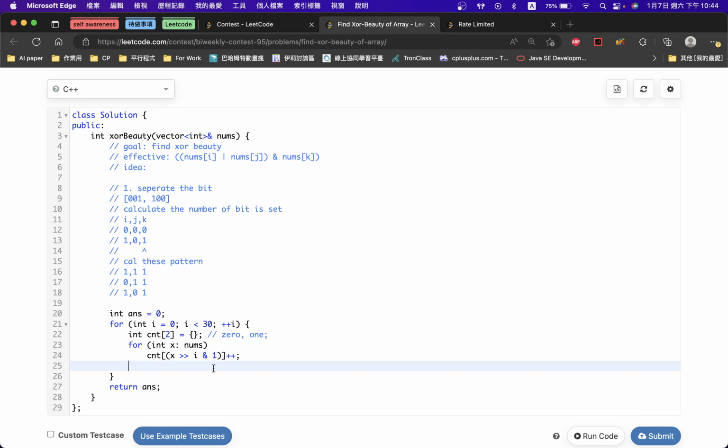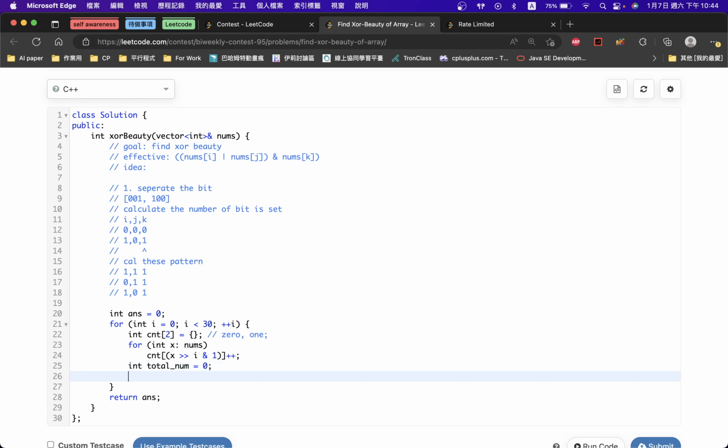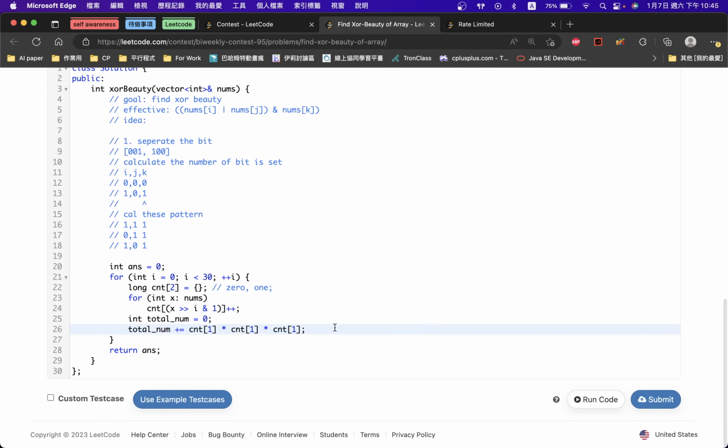So the first case is the total number. First pattern is 1. This is 1 and this both is 1. So the first case is count 1, count 1, count 1. Okay, use this, and the second case is that